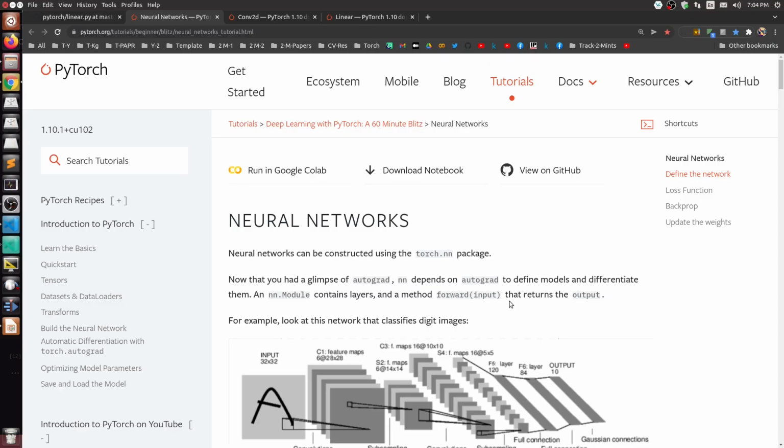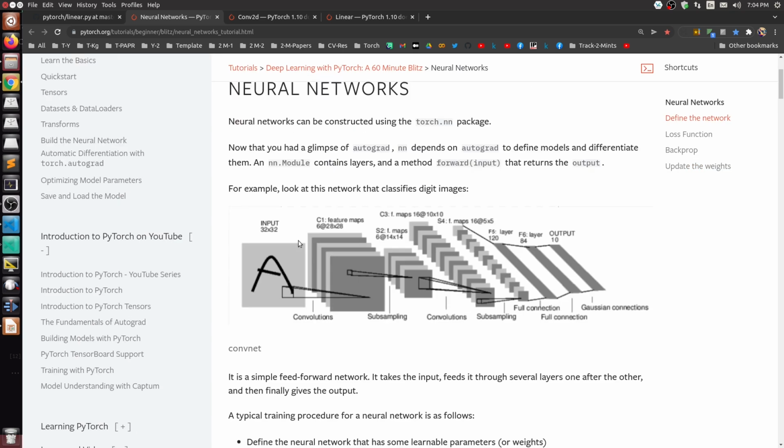And now I'm going to see an actual example given in the PyTorch official documentation of implementing a full neural network. This is a tutorial page, and they are implementing this particular network. By the looks of it, this is LeNet-5. All right, that is not important. The important thing is how they are implementing it and how they're calculating the input shape at various stages of the